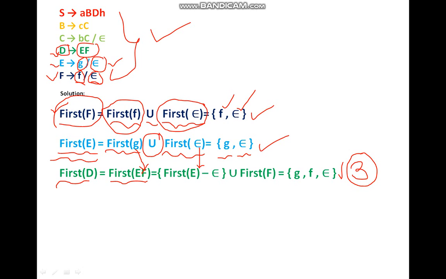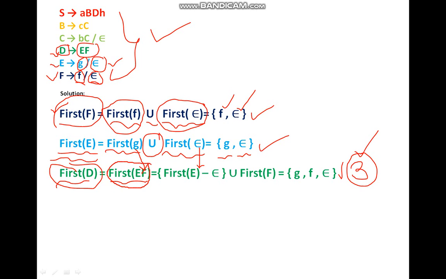If you haven't seen that video, please watch it so that you can easily understand how I am applying this rule here. So using that rule I will say first of D equals first of EF.